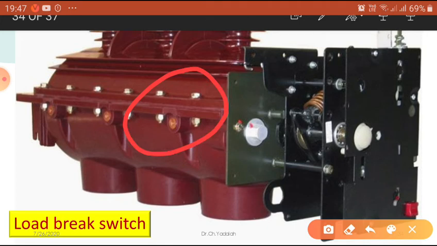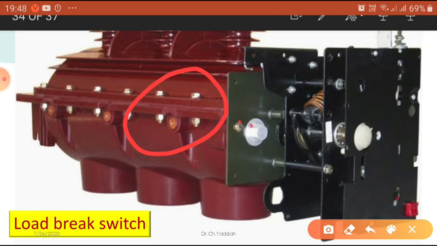It is used to de-energize, open or energize a circuit that possesses a limited amount of magnetic current, such as transformer exciting current, inrush current, or if it consists of capacitive currents such as line charging currents. We can use this type of load break switch.